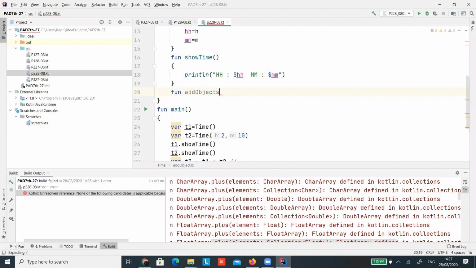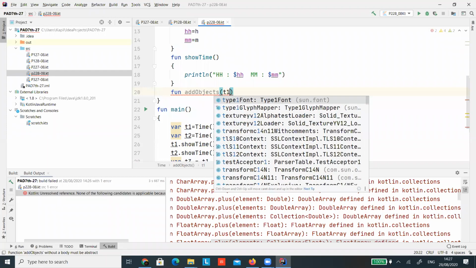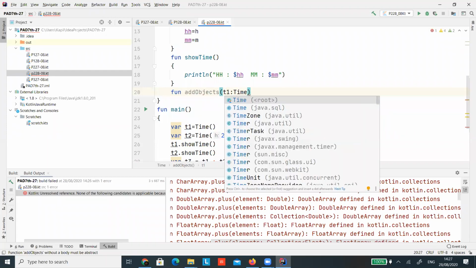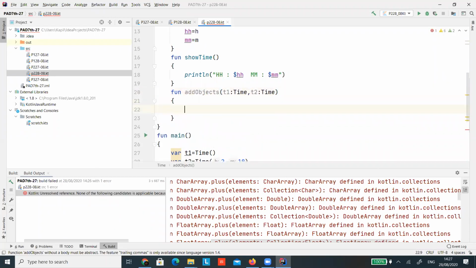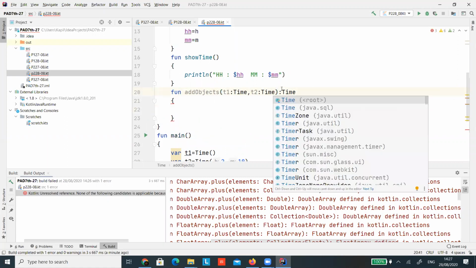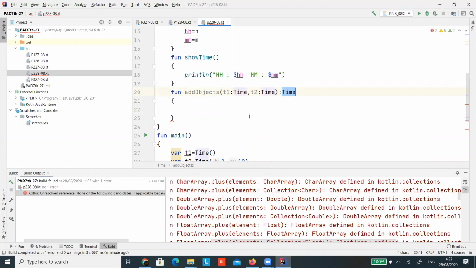You can have T1 as a time class object, then T2, also a time class object. You need to return an object, so you need to write Time as the return type.